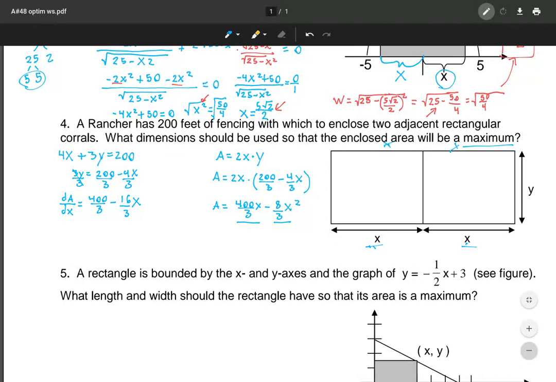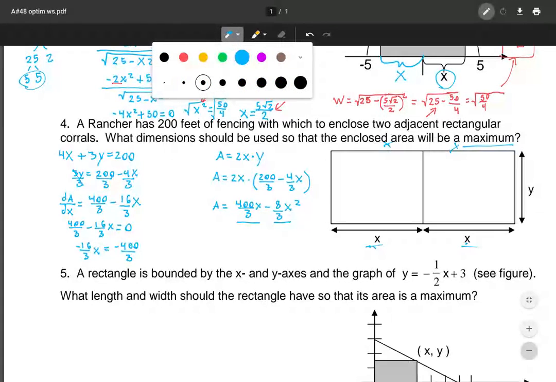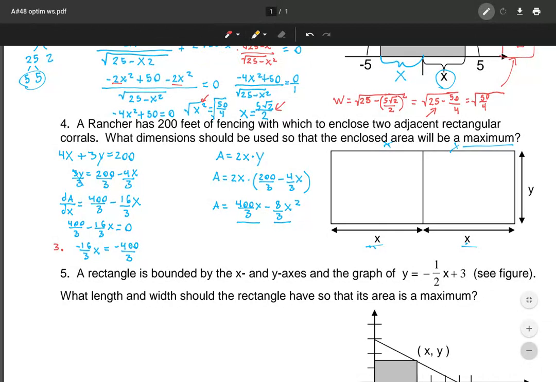And then now what I'm going to do is set my derivative equal to 0, and then solve for x. So I'm going to start off by subtracting 400 over 3. And then I'm going to multiply both sides times, say, negative 3 over 16, which is going to cancel all of this. So let's see. It's going to give me a positive 400 over 16, which if I reduce, let's see, that would give me